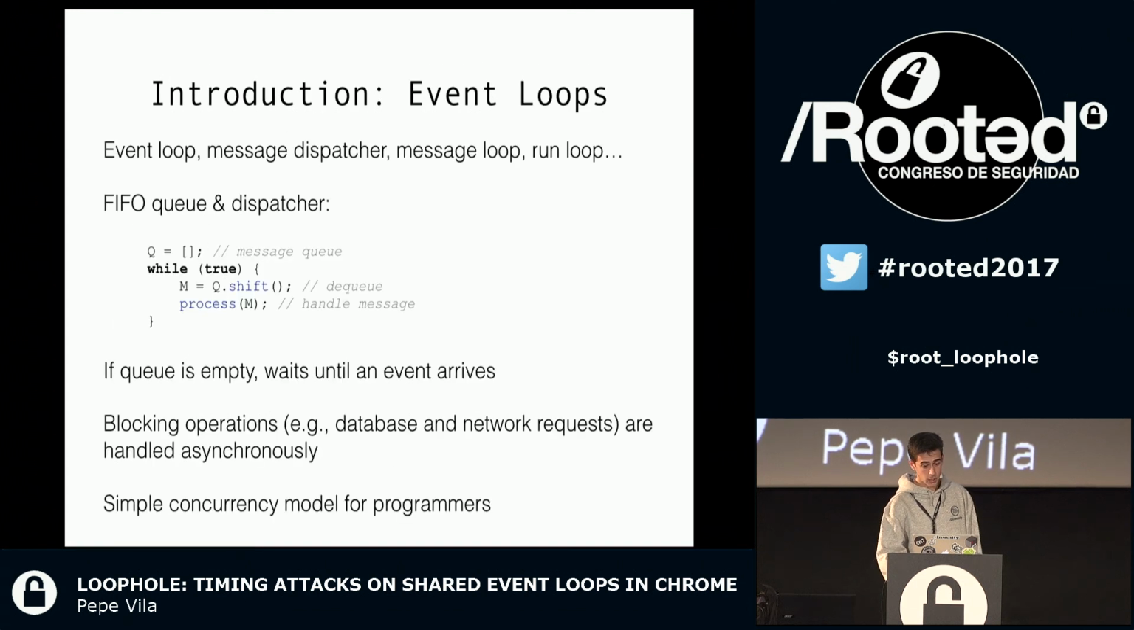So it is widely used. The idea about event loops is very simple. Here we have a FIFO queue and a dispatcher, and then we have a very simple loop. We're talking about messages or events. They get here, and the first one in is processed. The important thing here is that